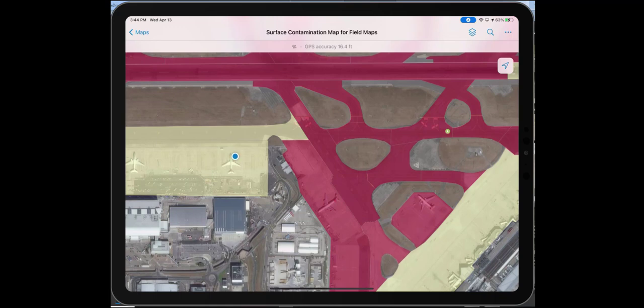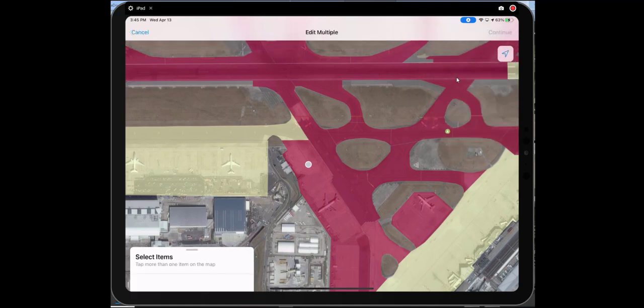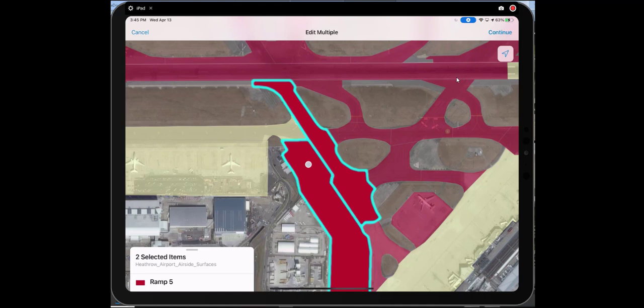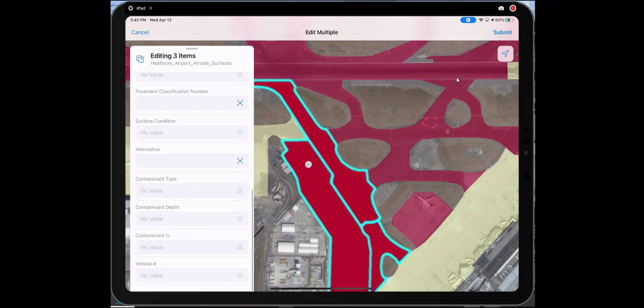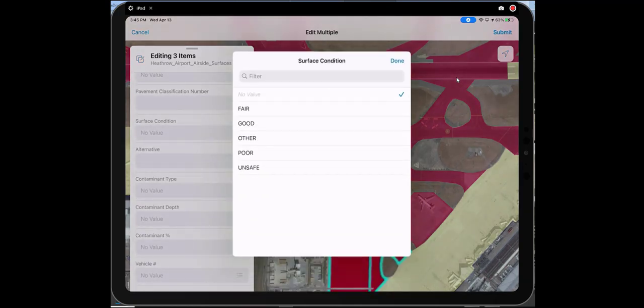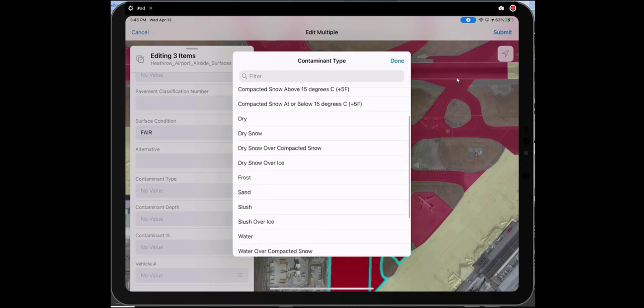So you'll see my location move. Now I'm here and I can see that more than one surface is in the same state or has the same condition, so I can use the tool to select more than one surface and edit those at one time, increasing the speed at which I could conduct my surveys. So I select all the surfaces that have that same condition, and then using the same form, I quickly select from the drop-down menu the condition of those surfaces, the type of contaminant from the pick list,